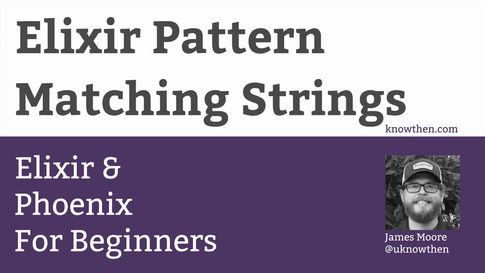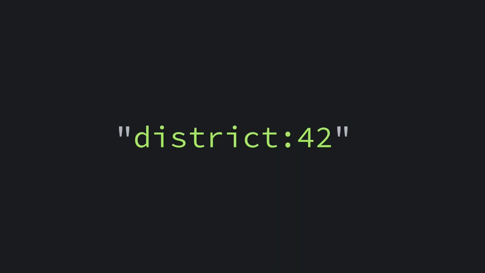Imagine we're working on our exit polling application, and we've got a string that looks like this. For discussion's sake, let's say this string represents a message that's sent from the browser to the server. You can think of this string as an inquiry message about a particular voting district, District 42. Now, when this message arrives at the server, there's a good chance we'll need to separate the first part here